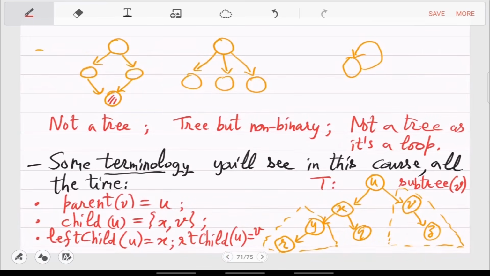And height of Z is 0. Height of X is, right, so you can see, this is a height 3 tree, because height of the tree is equal to height of the root, which in this case is U, whose height is 3, and so on. So X has height 2, Y has height 1, R has 0. So height 0 ones are the leaves.